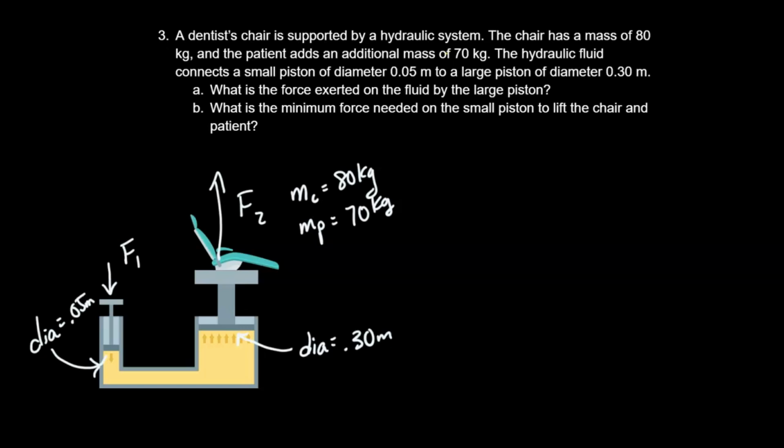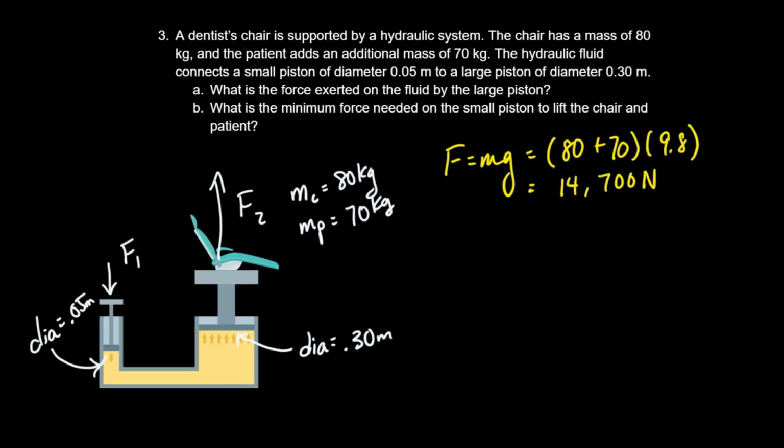A dentist chair is supported by a hydraulic system. The chair has a mass of 80 kilograms, and the patient adds an additional mass of 70 kilograms. The hydraulic fluid connects a small piston of diameter 0.05 meter to a large piston of diameter 0.30 meter. What is the force exerted on the fluid by the large piston? So to find the amount of force exerted by the large piston, we can find the weight of the chair and the weight of the person. So we can use F equals mg, and the mass is 80 plus 70. G is 9.8, and this gives us